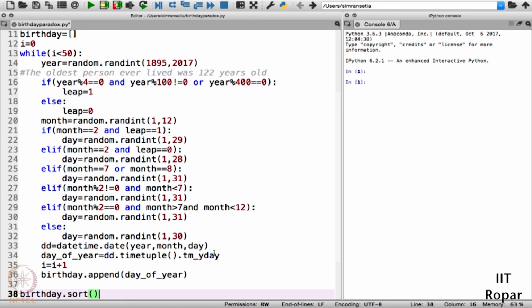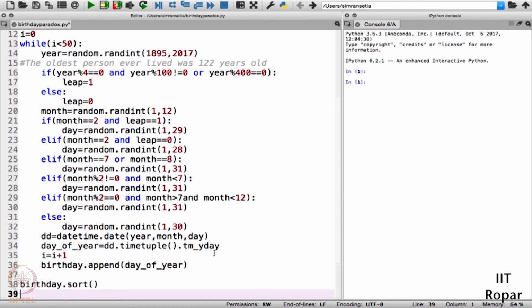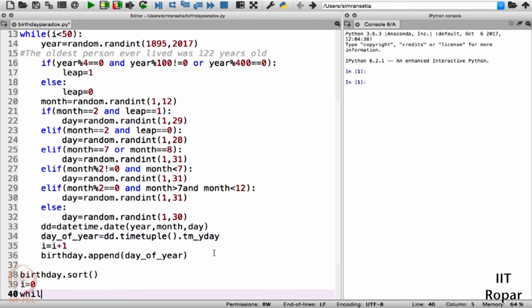This will be a good exercise for you guys, but for simplicity's sake, we'll use the function sort here. Now we are done with the code. We just want to print this particular array so that we can get to know the collisions. It will be easy on our mind to find the collisions if the array is sorted. That's why we are sorting the array.